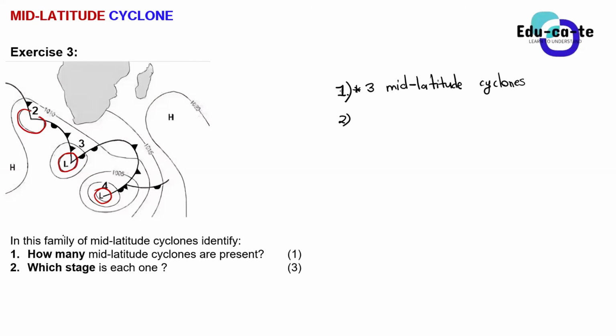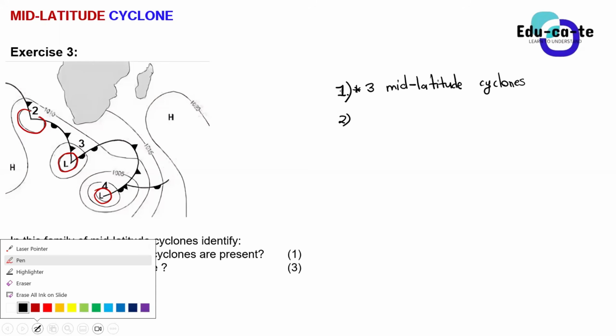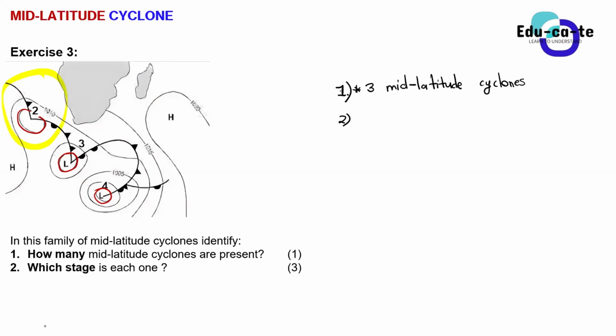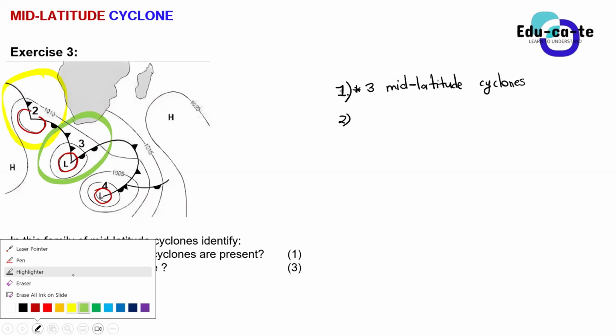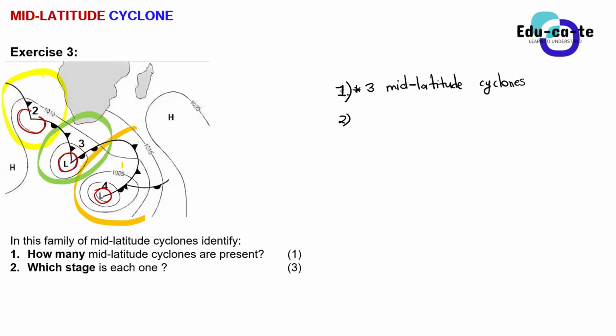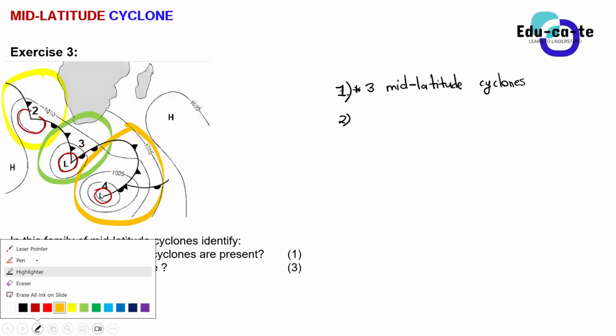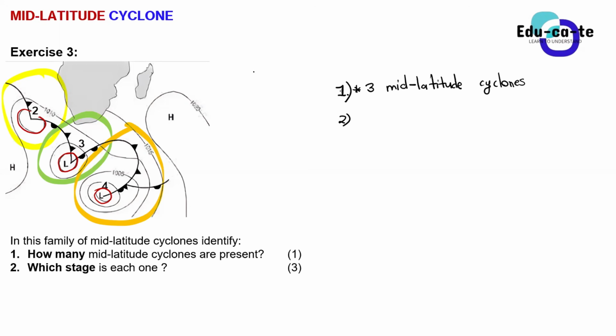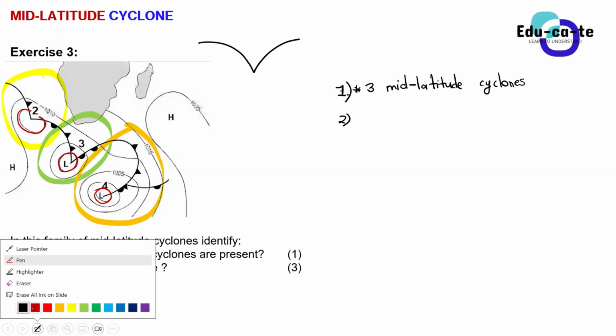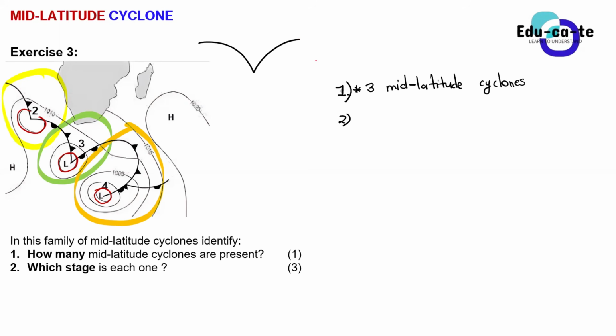Okay, so we have got 3 mid-latitude cyclones, guys. We have got this first one here. This is one mid-latitude cyclone. This is another mid-latitude cyclone, 2. This is another mid-latitude cyclone, 3. Remember, guys, you just use the V shapes to identify them, okay? Each mid-latitude cyclone has got a V-like shape. So this is 1. If I join in another V shape to form a family, now there are 2. Do you get the sense?